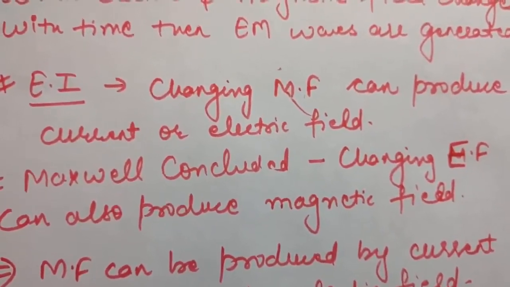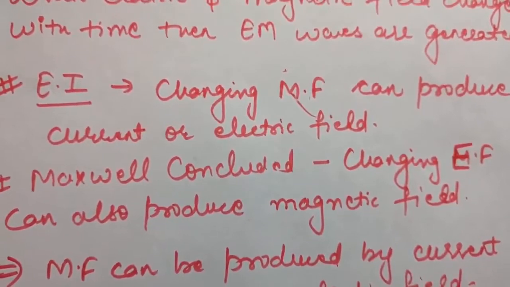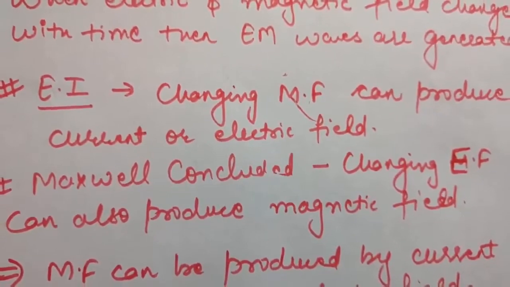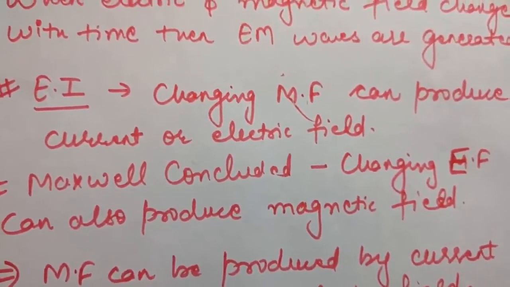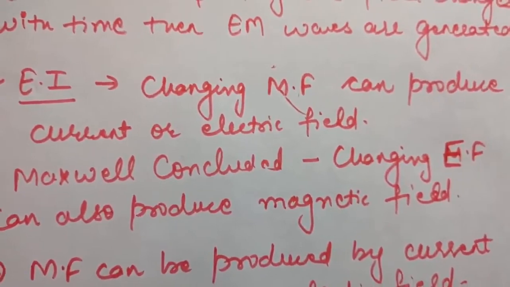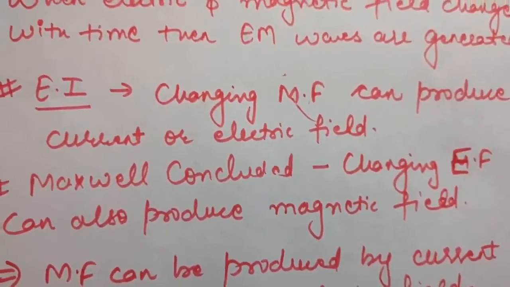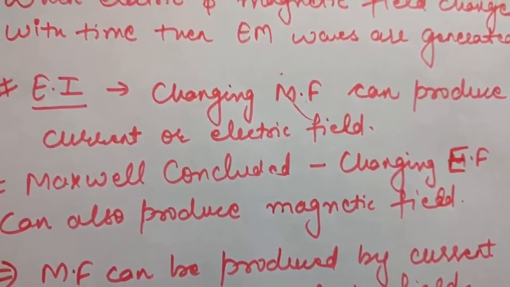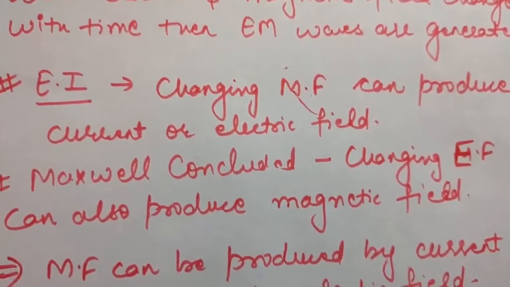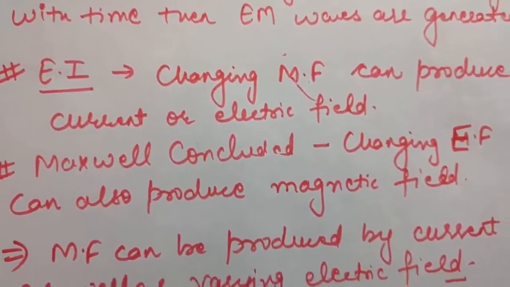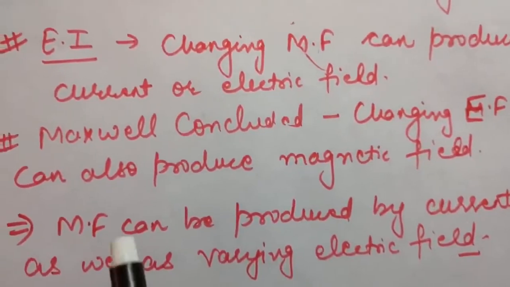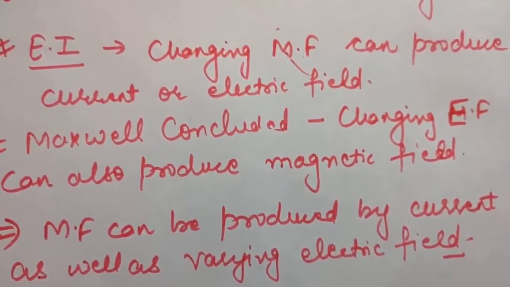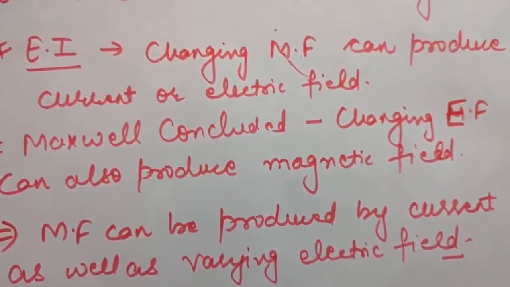Okay, so I am repeating this once again. What Maxwell did, he took a capacitor and he calculated magnetic field inside and outside the capacitor using two methods by Ampere's circuital law. But what he saw, that answer was coming to be different in both the cases. So he concluded that Ampere's circuital law is wrong. There is something missing in that. And that missing term was termed as displacement current, which we will be studying. Now we can conclude that the magnetic field can be produced by current as well as by varying electric field. So now let us study about the term displacement current, which Maxwell talked about.